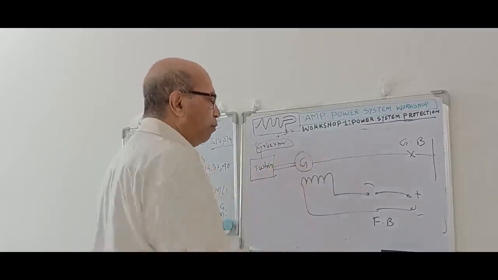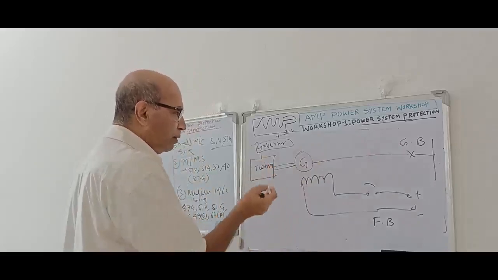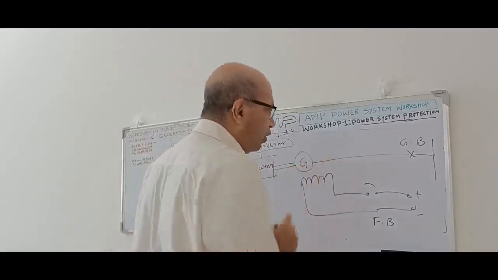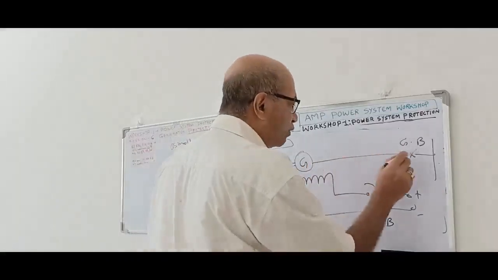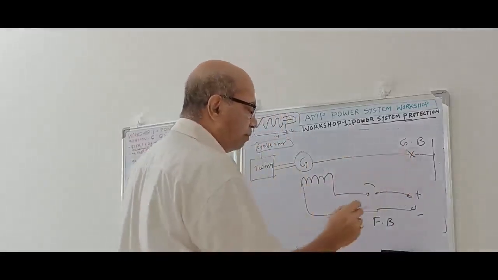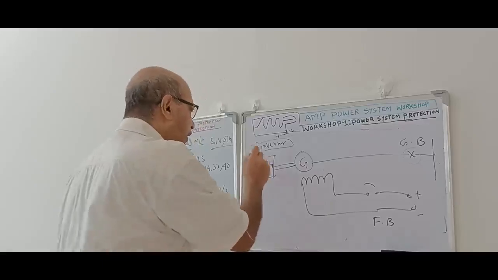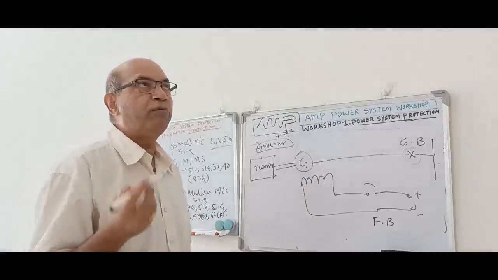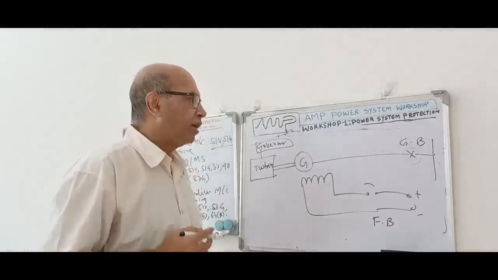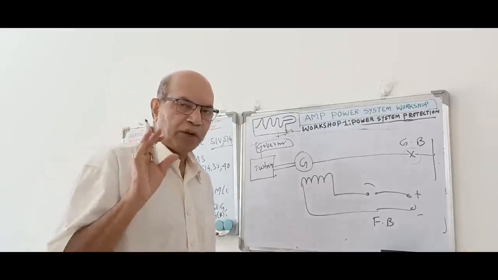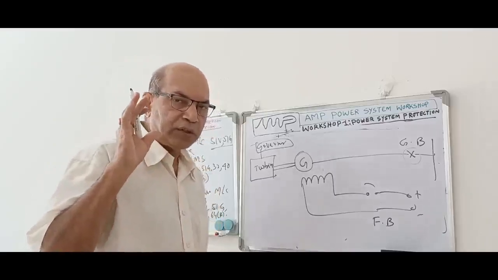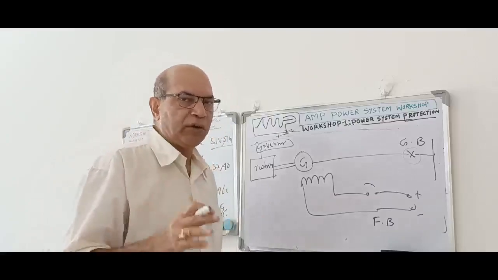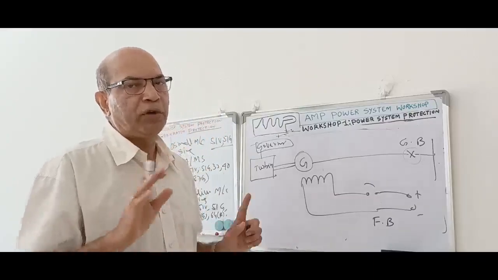So if any of the protection fails, which has caused a fault, how will the tripping scheme be there? In case of fault, to discontinue the fault the generator breaker has to be tripped, the field breaker may require tripping, and in some cases the turbine may require tripping. Now how will we make out which protection should trip what? For that we have a tripping scheme. We have to look into the protection, and on occurrence of the protection, the devices have to trip in such a way that the fault will be cleared and the machine will remain healthy.